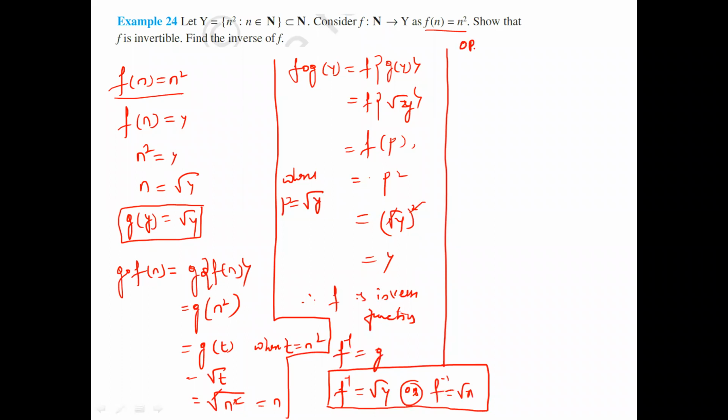Or another method. I have to prove that f is one-one and onto, which means f is a bijective function, then it will be an invertible function. f is one-one means, now I have to see this here. For every n1 and n2 belonging to natural numbers, that is the domain, f of n1 equal to f of n2. What is the f of n value? n1 square equal to n2 square. Now n1 equal to plus or minus n2 we will get, taking the square root, otherwise you can write.